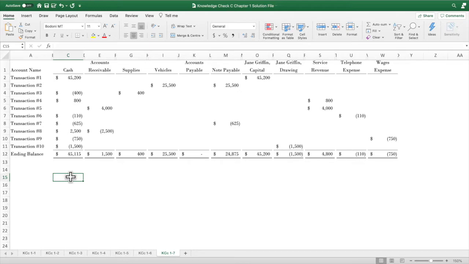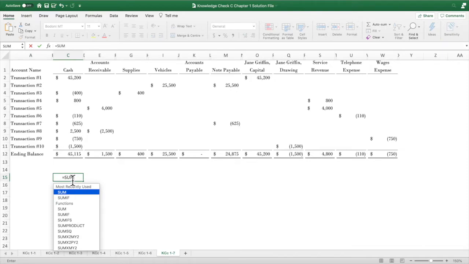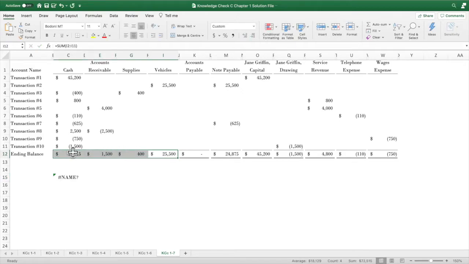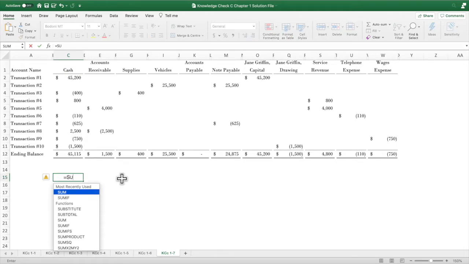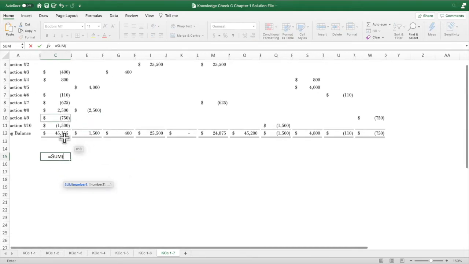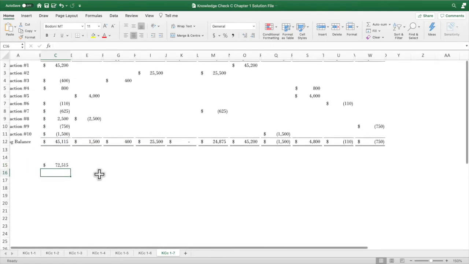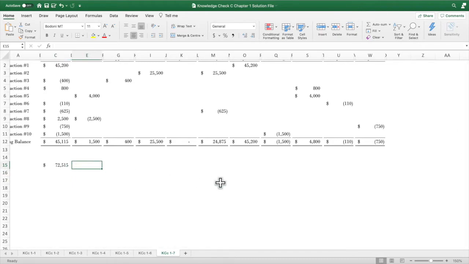So we have assets, so we do equals sum of all our asset accounts, so these accounts here, equals sum of this account, this account, this account, and this account. So we have $75,515, and then we have our liabilities